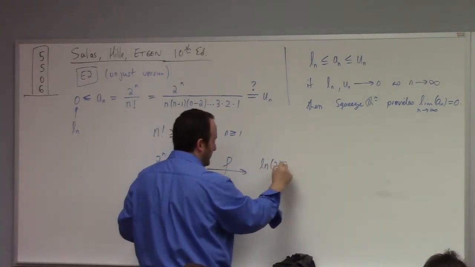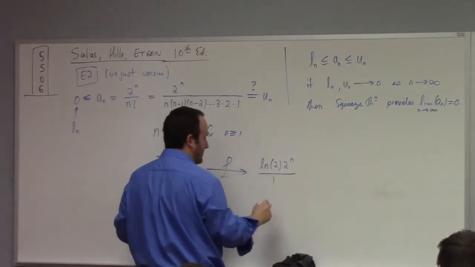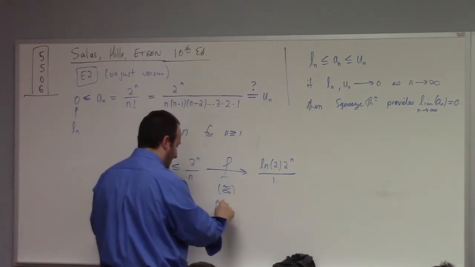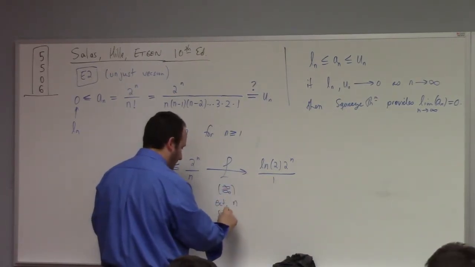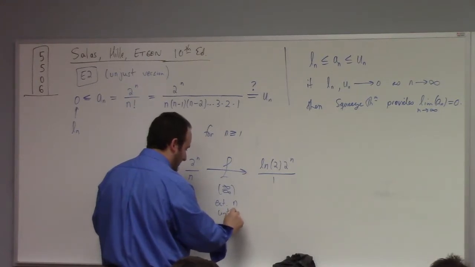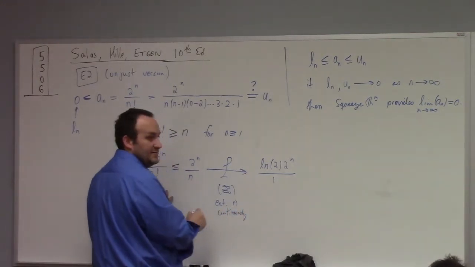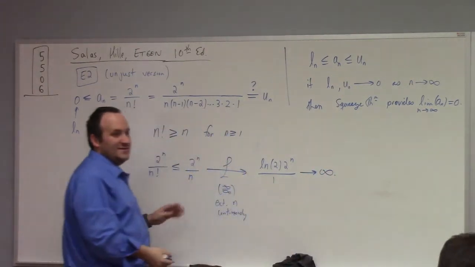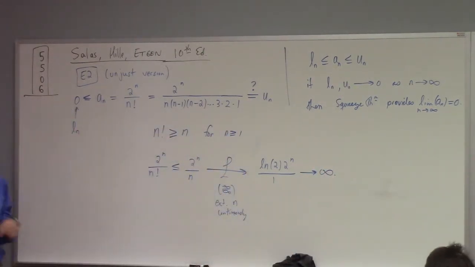Natural log of 2 times 2 to the x, divided by 1. And what does that tell us? This goes to infinity. So hey, we found something bigger than our sequence, which goes to infinity,